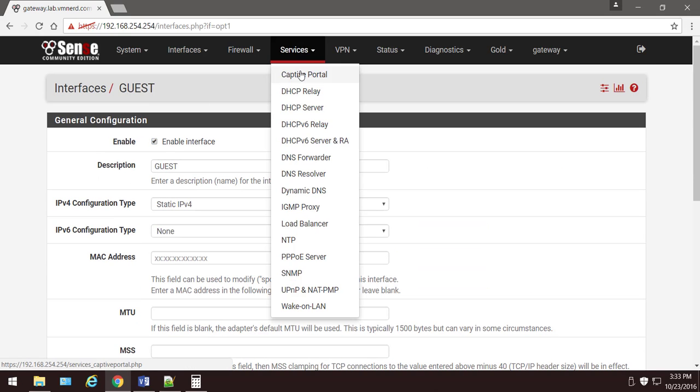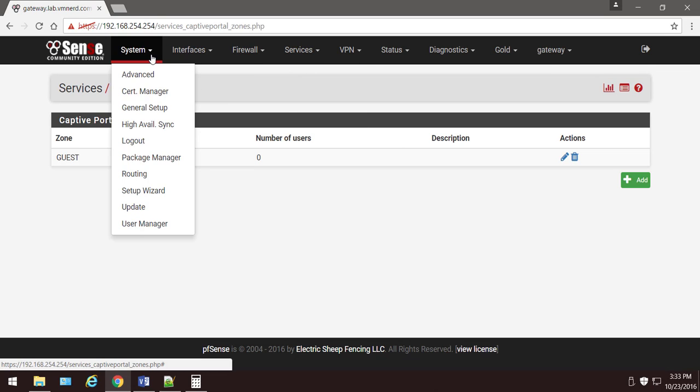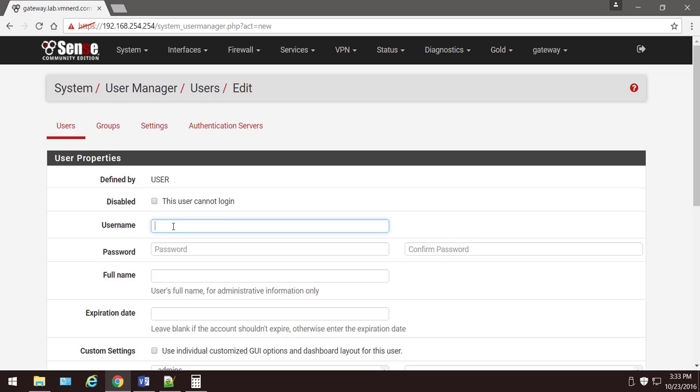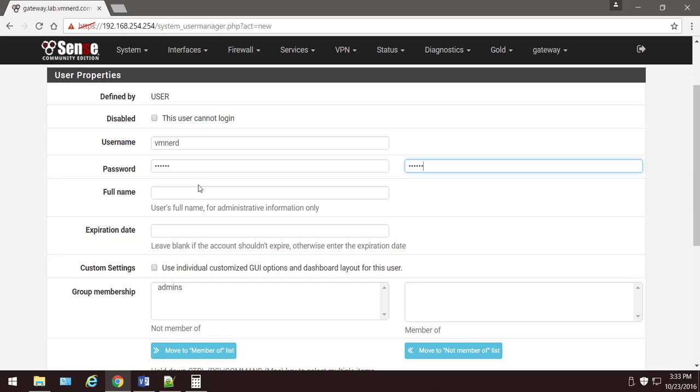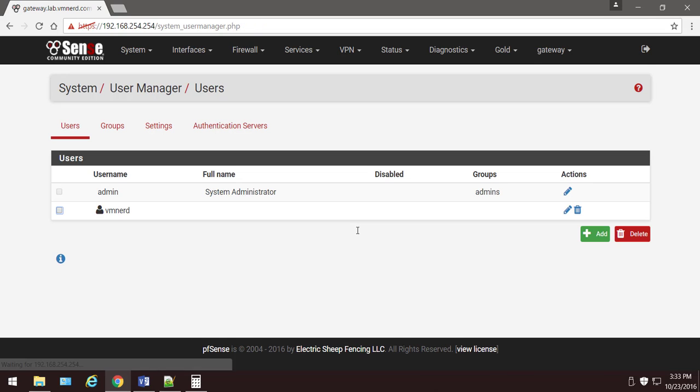Okay, so now with that being said, the captive portal is actually working. Now we need to create a user account. So let's go here to User Manager, create a user. For what we're doing, we will call him VMNerd with the password of VMNerd. Doesn't matter. You can get as elaborate as you want, but for this demonstration, we don't have to get elaborate. Click Save,